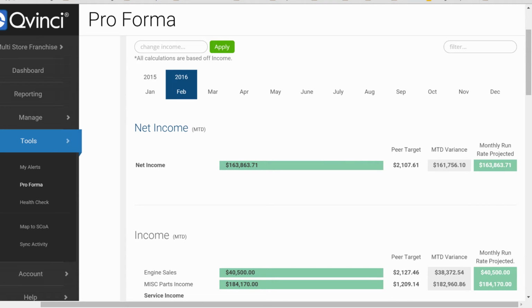Now, there's some things that you're going to want to be aware of. The product, Qvinci, will go back as far as 2 years if that data is available to do the sort of comparative analysis, and it will also analyze trends and come up with your peer target, based on certain patterns. If your income tends to be higher in January, that's going to be taken into account. And really what this amounts to is that it's a roadmap for success